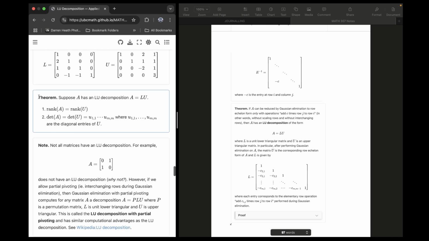Theorem: suppose A has an LU decomposition, A equals LU. Then the rank of A is equal to the rank of U, and the determinant of A,